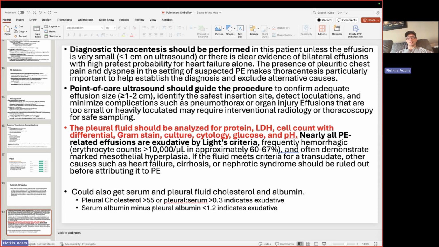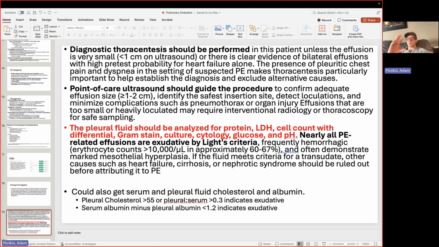We get some of the other things like a Gram stain, a cell count with differential, a culture, cytology, to kind of rule out infection and rule out potentially cancer. Obviously, chest imaging will help on that as well. And then we can get glucose and pH, which are really